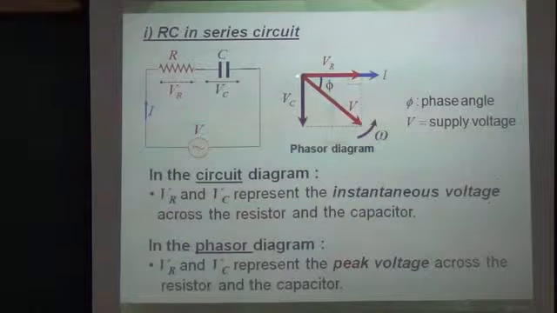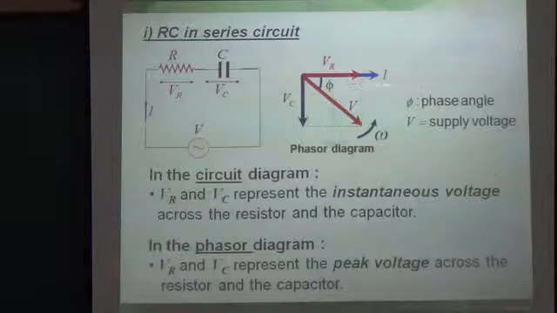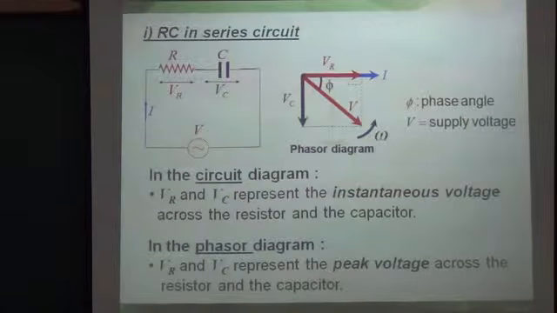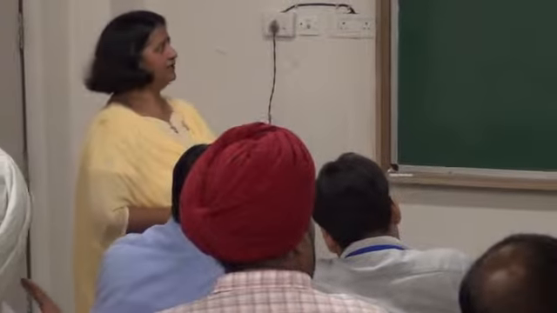So let me first draw VR. Always what you do is, you choose the x-axis as current first, and with respect to this current direction you decide all other directions. So my current is along the x-axis. Now I go first for R. R is in phase with my current. That means the angle must be 0, and therefore my VR